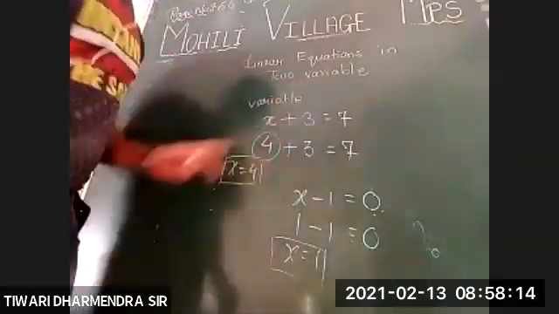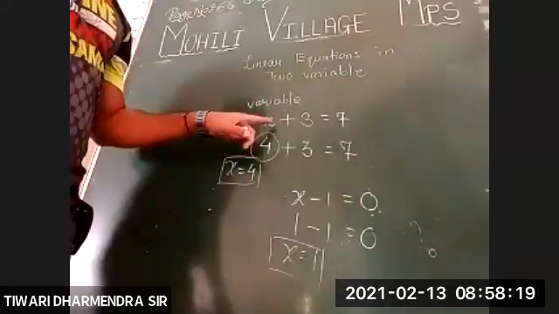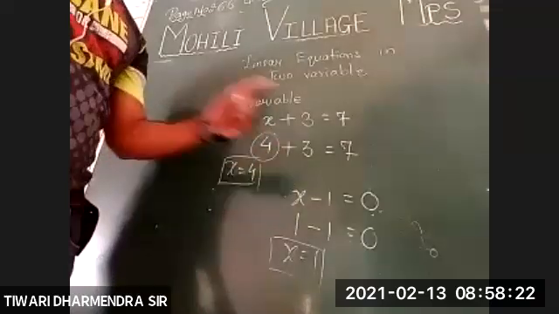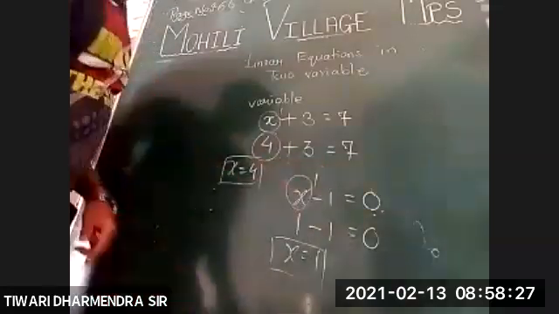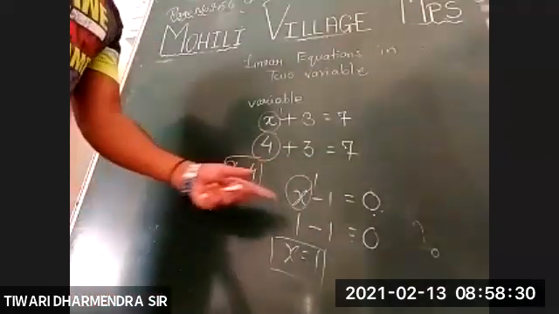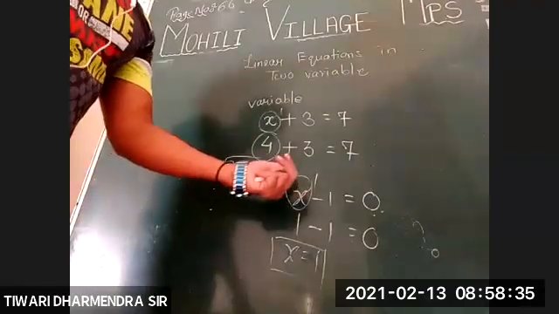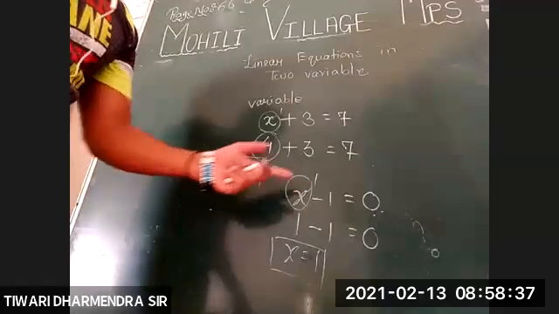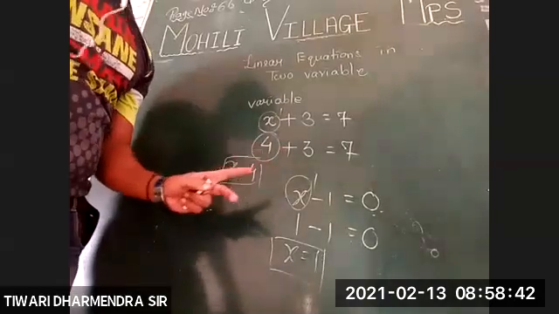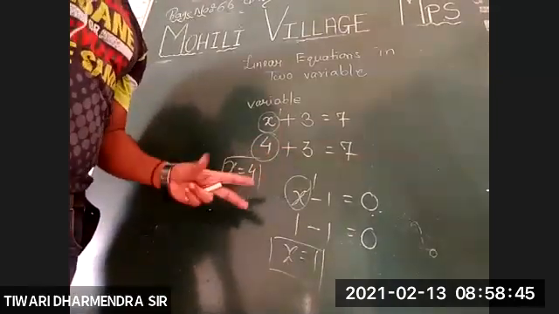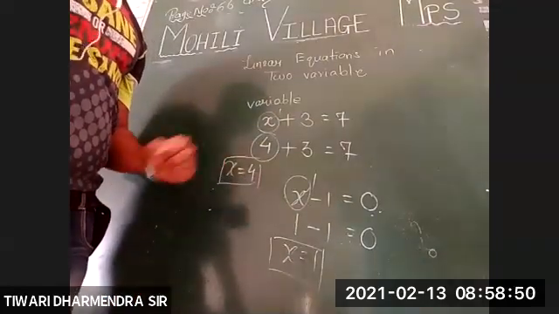One more thing, from here we have understood that in this equation we are having only one variable, and the degree of this variable is 1. So we say that here the degree of variable is 1 and number of variable present in the equation is also 1. So this is called as linear equation in one variable. This was the basic which is very much required in order to proceed with linear equation in two variables.